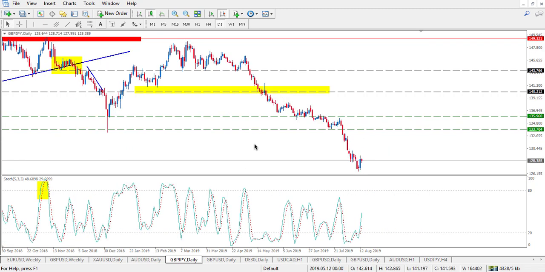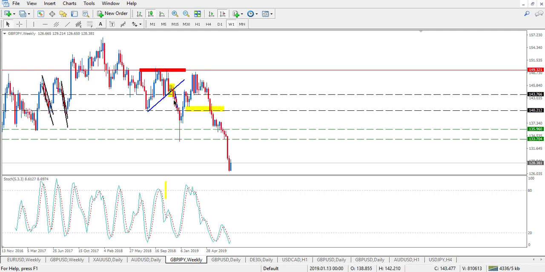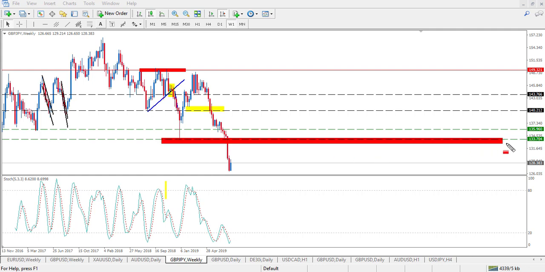Finally, with the GBP/JPY on the daily time frame, let's move to the weekly. Let me show you something that is very important here. We have a strong resistance level